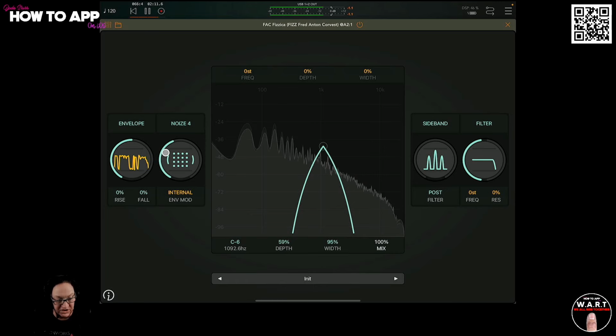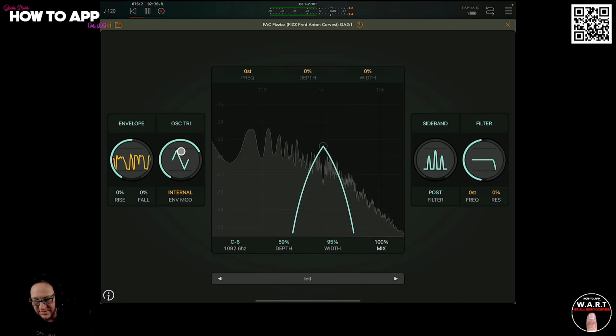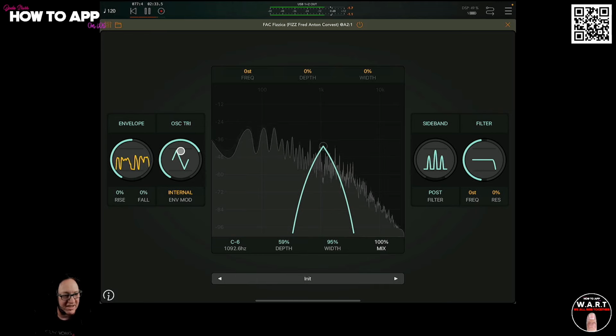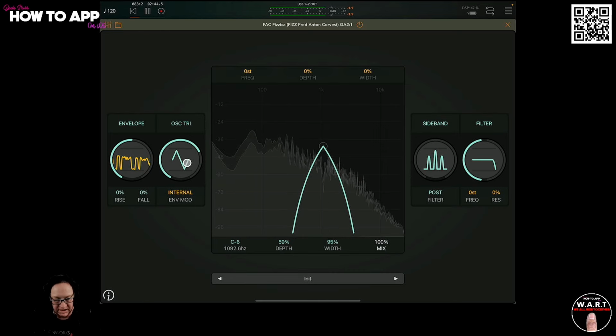Up next is our sine oscillator. Wow, listen to that, it's grooving. And we haven't even started modulating yet. So we've got a triangle next. Also next up we have an internal and external audio. So here's our internal. And you'll notice when I switch between the triangle, watch down here, this frequency will change